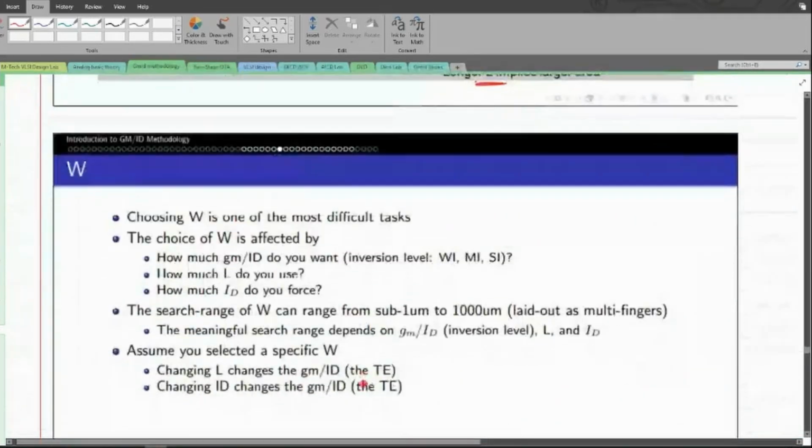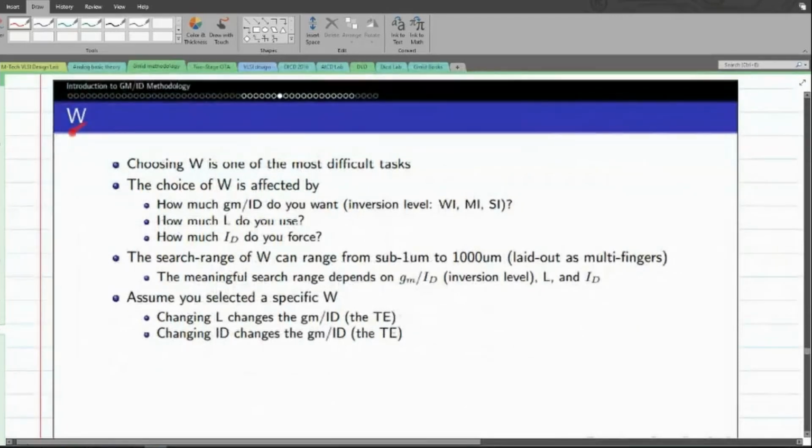Yeah. Next comes the most complex variable, the width, which is the last variable. Generally, the choice of the width is impacted by the following variables: the transistor efficiency, the choice of the channel length, and even the current. Anything that I do for this width in turn varies these quantities. So there is a direct dependency on these variables. Say, for example, for some reason you are about to change the width of the device. What happens is that you end up varying each of these quantities in turn.